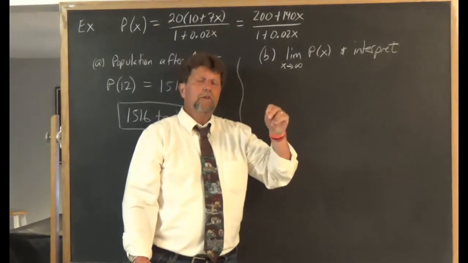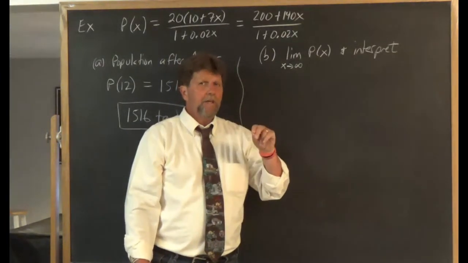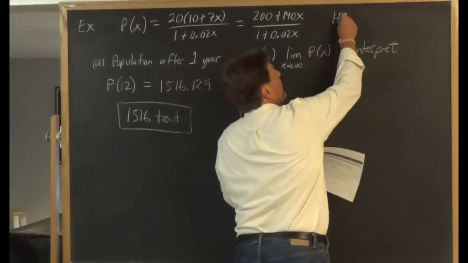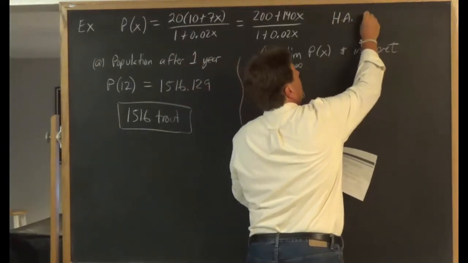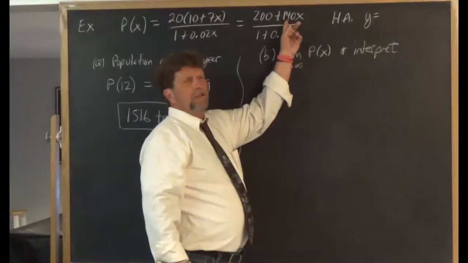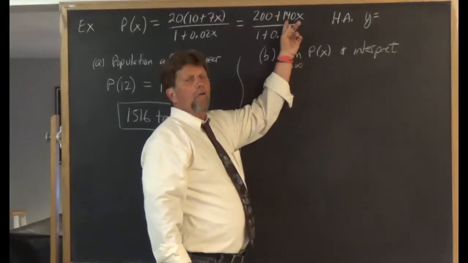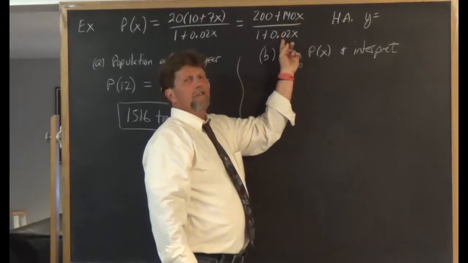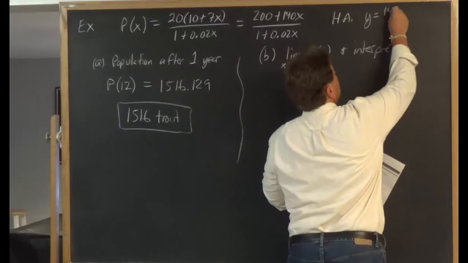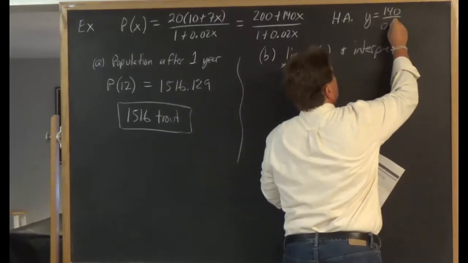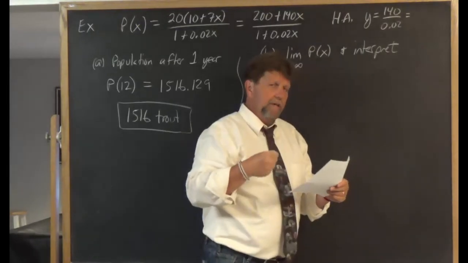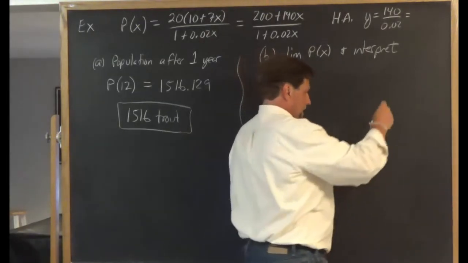Since the degree of the numerator is the same as the degree of the denominator, I know the horizontal asymptote for the graph is the line y equals leading coefficient of numerator over leading coefficient of the denominator. So it's 140 over 0.02. And if I take 140 and divide it by 0.02 on my calculator, I get